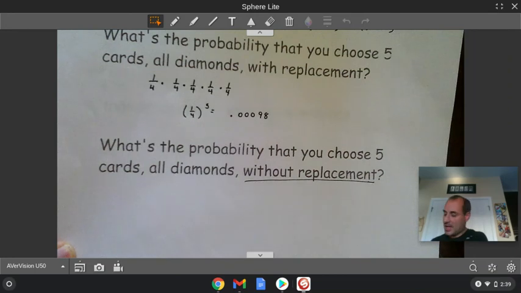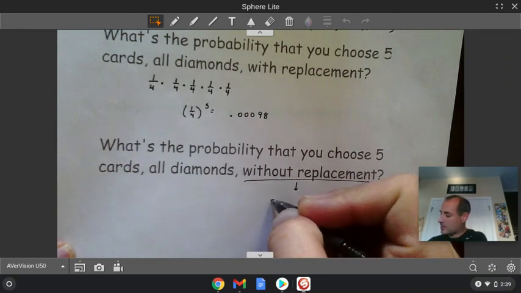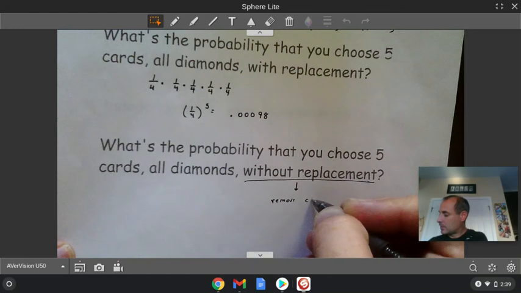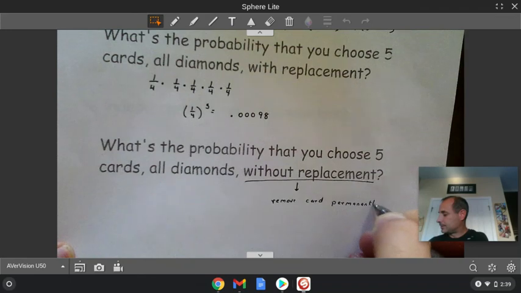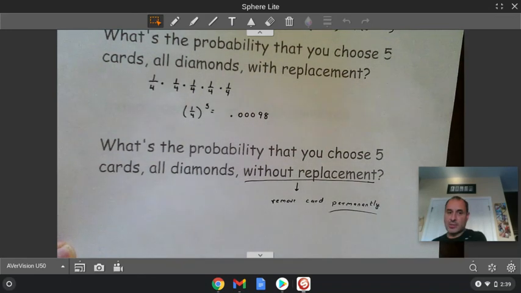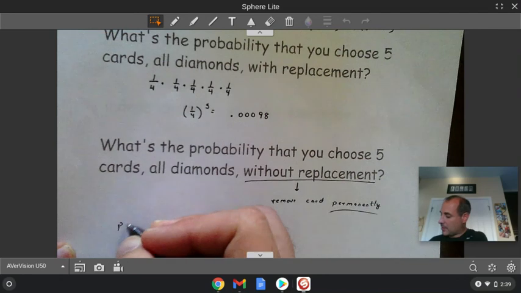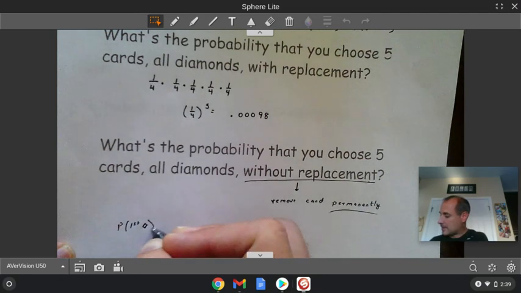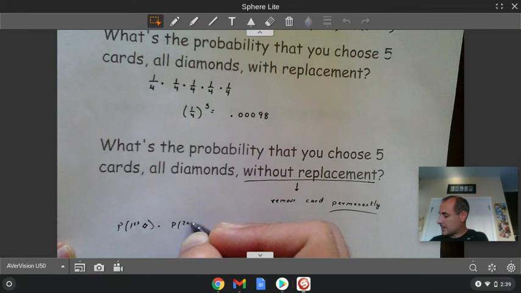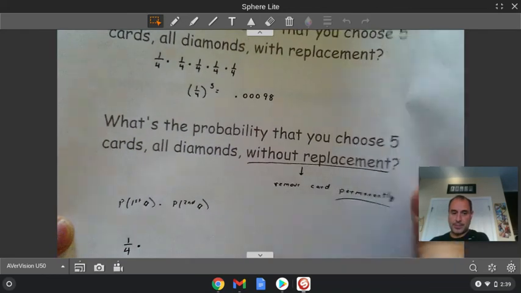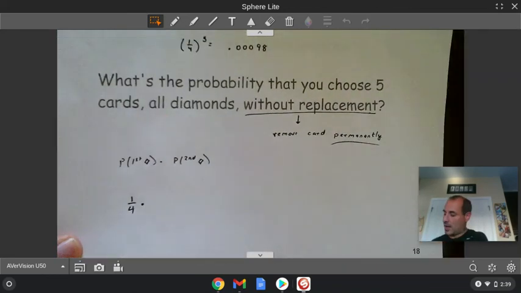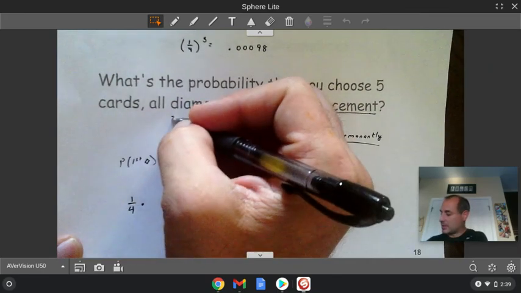So in other words, after I take a card out, I remove a card permanently from the deck. Now this is still an "and" problem. So it's still the probability of the first times the probability of the second. But this time it's 1/4 times. It's not a quarter anymore. Why not? Because right here, this is the probability the second card is a diamond,